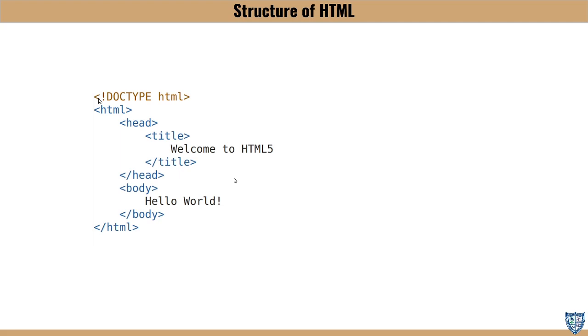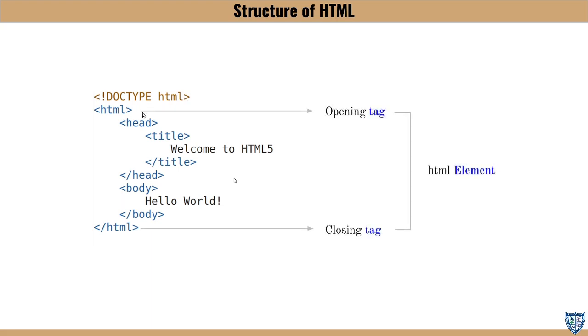It will be difficult to read initially, but the first line says less than, exclamation, doctype, space, HTML, greater than. This means that our HTML is HTML version 5. There are different versions of HTML that have been released in the previous years, and the latest version of HTML is HTML5. So suppose you want to say I am using HTML5 in this HTML document, you have to write this: less than, exclamation, doctype, space, HTML, and greater than.